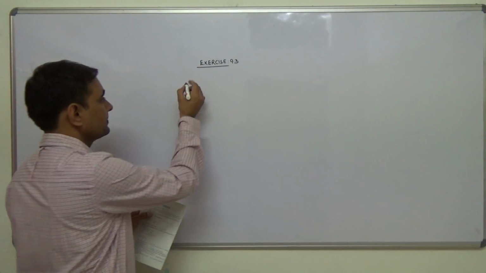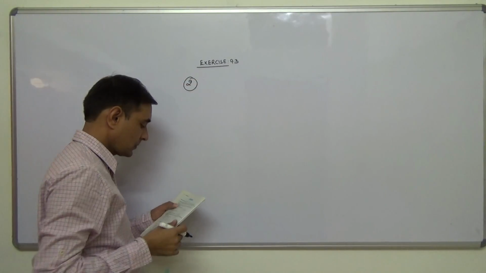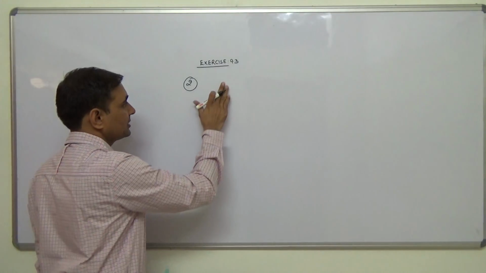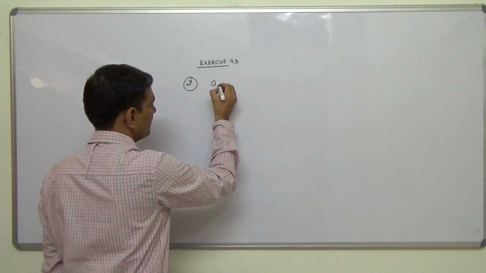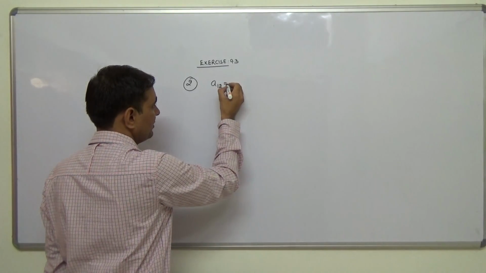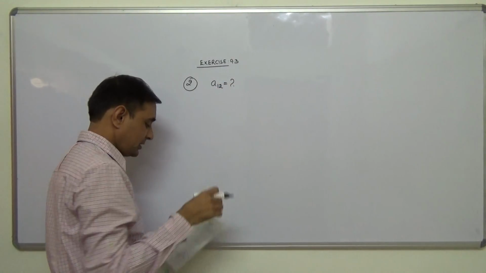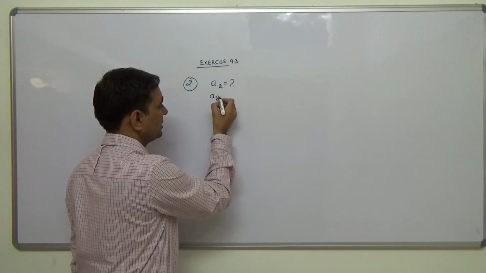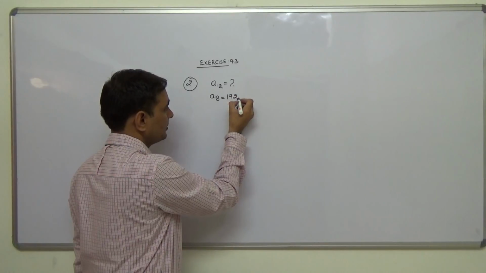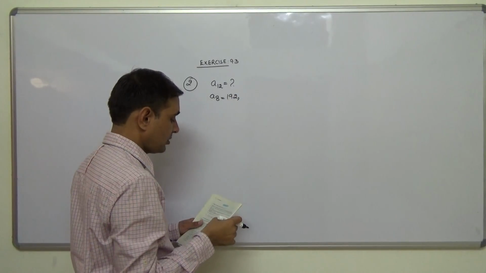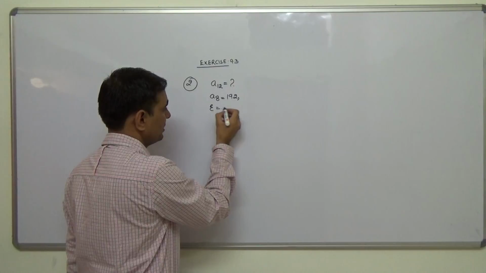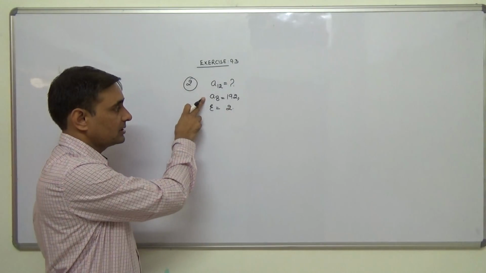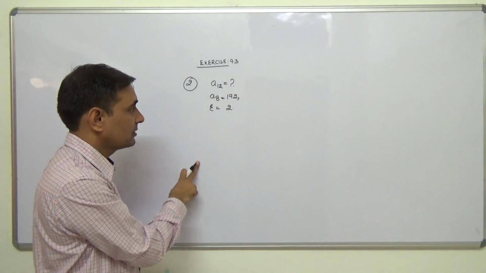Second question is, find 12th term of GP whose 8th term is 192. 12th term of GP, A12. We have to find the 12th term of GP and 8th term is 192. A8 is given, A8 is 192 and common ratio R is also given which is 2. We have to find the 12th term of the GP, 8th term is given, common ratio is given, right.